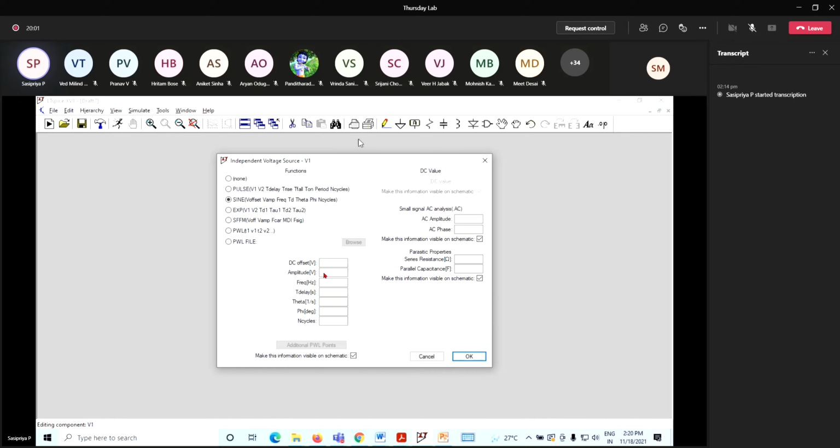Listen carefully. Now the simulation I'm going to do in two ways. One is like in DC circuits, how did we do it? Using transient analysis, I can plot the DC voltages and currents. Similarly, by applying a DC operating point analysis, I can find the voltage and current across or through any element. Similarly, here also I can go for transient analysis and plot the voltage or current for any element. That is one method. The other method is to go for AC analysis. I will show you both as usual.